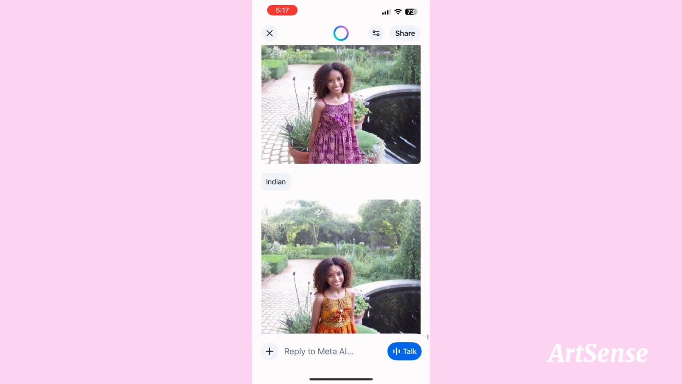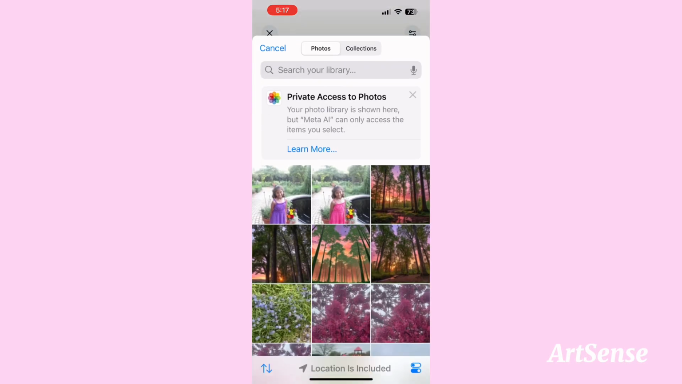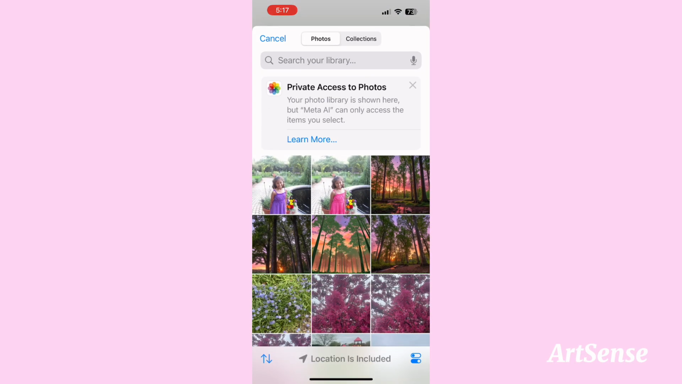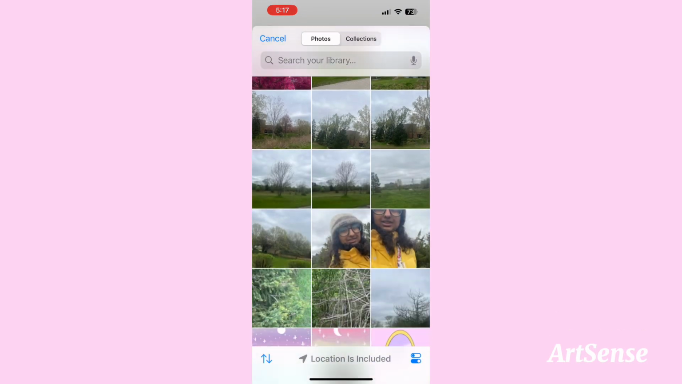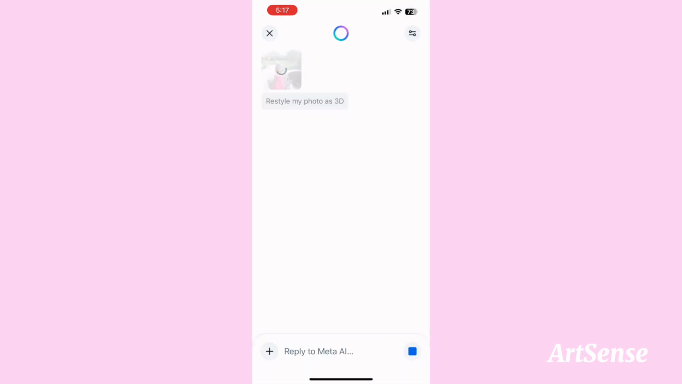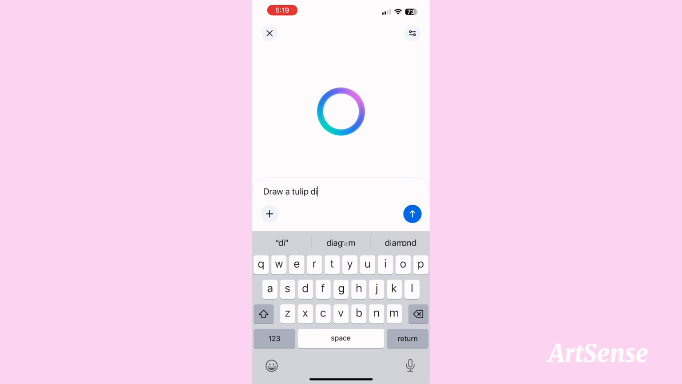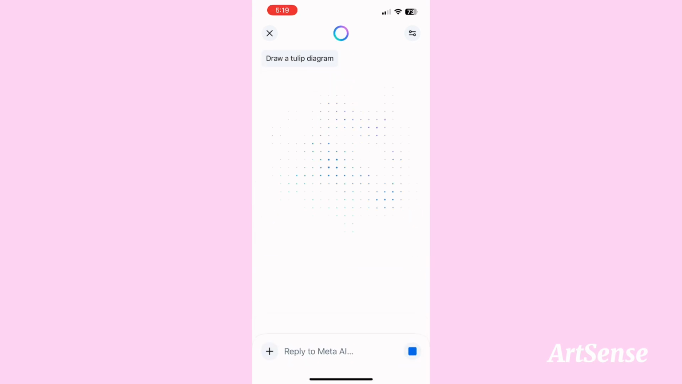But then I tried to make it 3D by using my photo again. So I keep on reversing it back. And yeah, I clicked it. Then I told it to do a 3D version. And actually, it looks great. It's not that bad. It looks like I'm a Lego character, but then I told it to do a tulip diagram because why not,